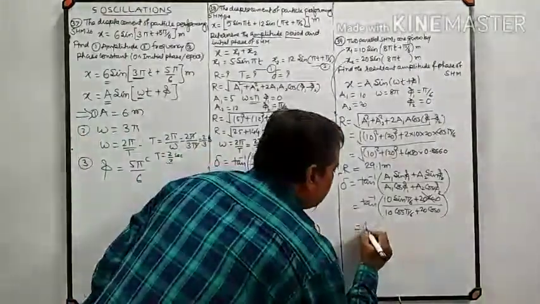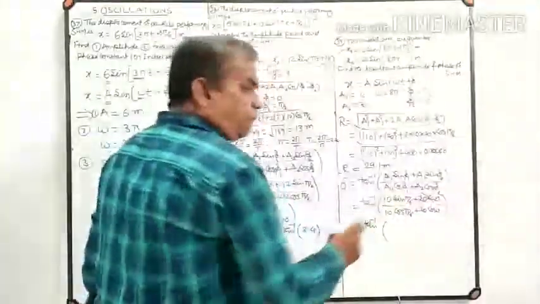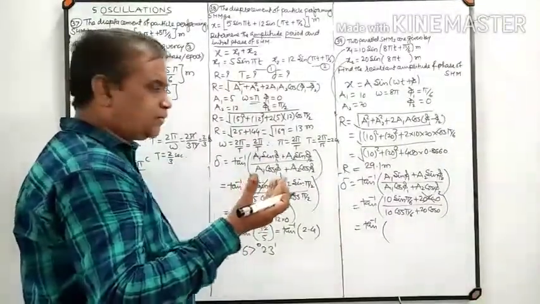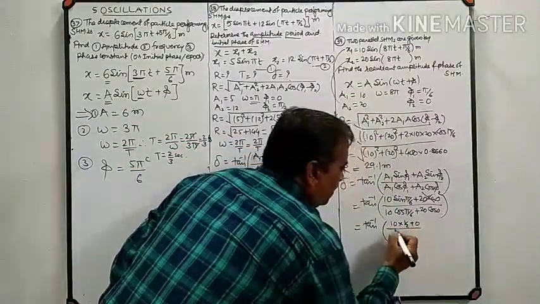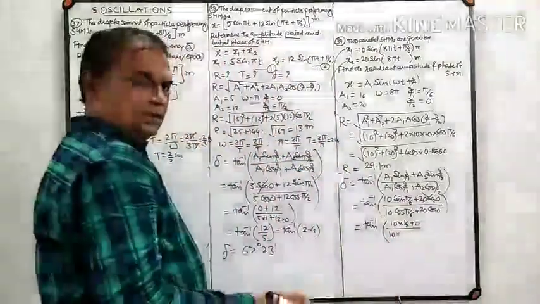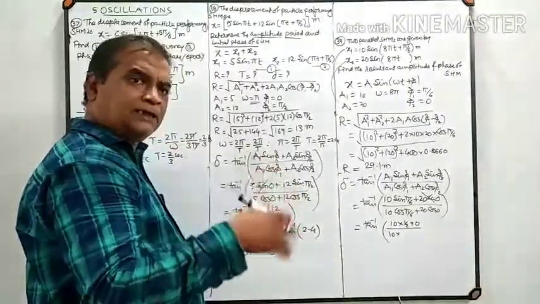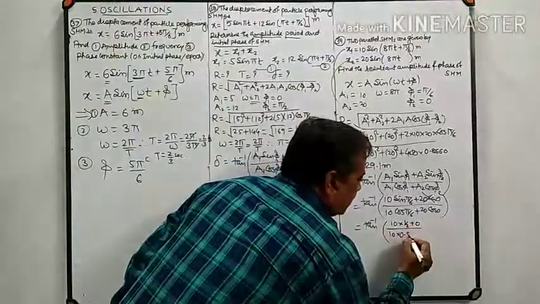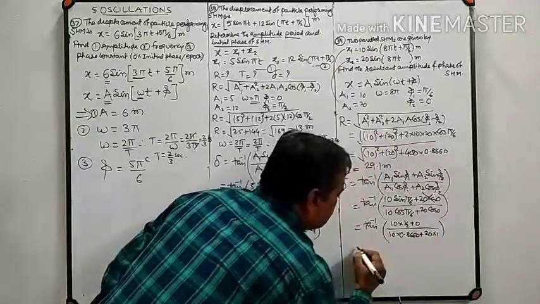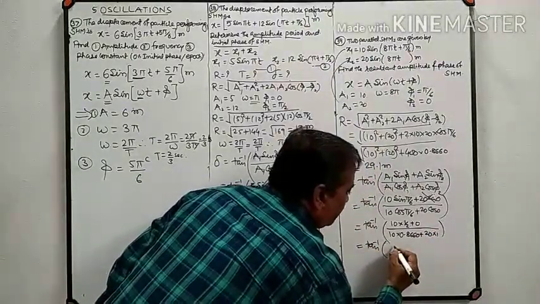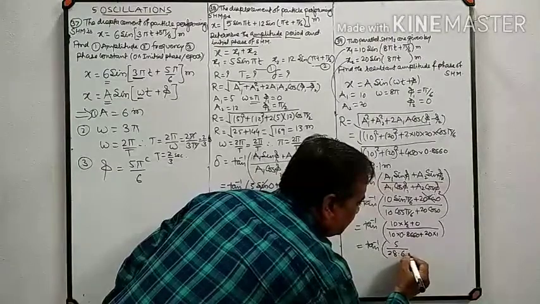So this is equal to tan inverse of 10 into sin of pi by 6. 180 by 6 means 30. Sin 30 is 1 by 2. So 10 into 1 by 2 plus 0, upon 10 into cos 30. Cos 30 is 0.8660, which means sin 60, which means root 3 by 2. So 10 into 0.8660 plus 20 into cos 0, which is 1. So that becomes equal to tan inverse of 5 divided by 20 plus 8.6, which is 28.66.